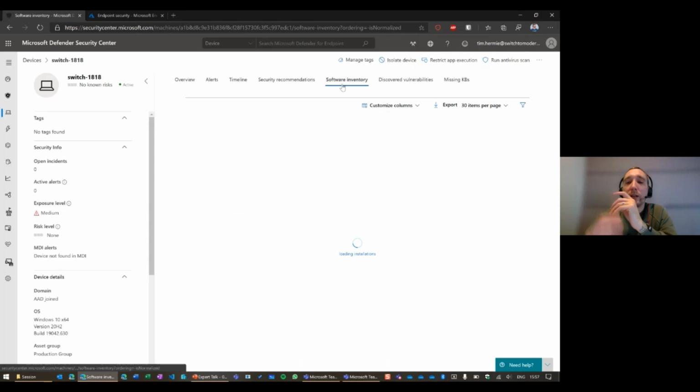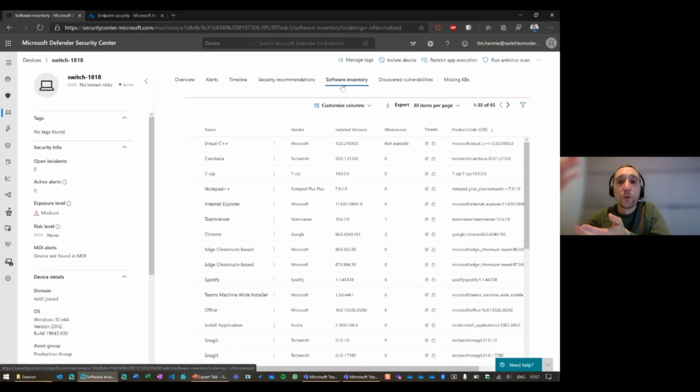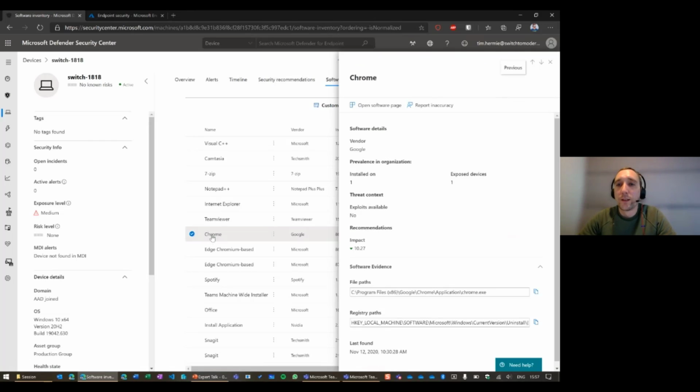Software inventory is also nice because it will list all software that has been found on that machine, and if it's up to date or not, and how many weaknesses does it have. So if we look here at Chrome, I'm going to be 1 version behind, I think. So my version has 2 weaknesses. If you again click on it,